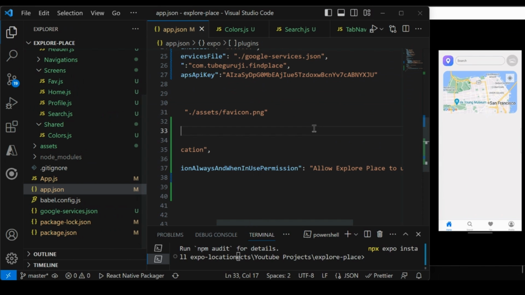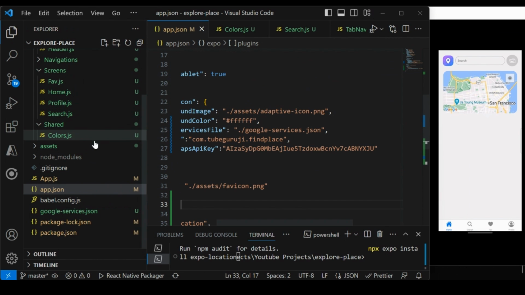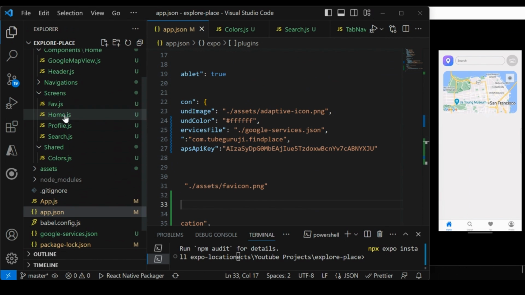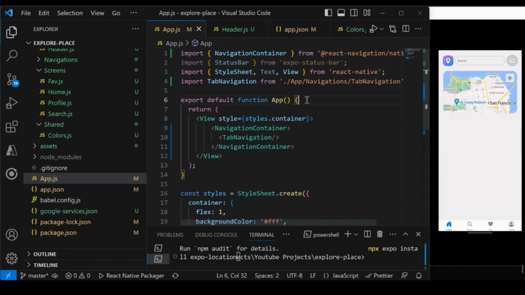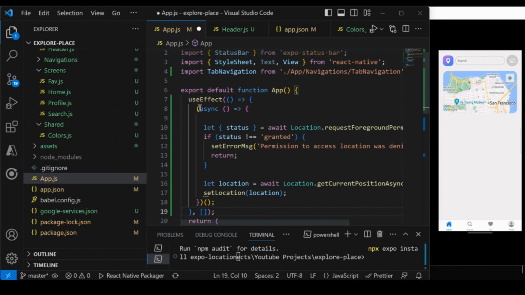Let's go back to the app.js file. Here in the app.js, we will fetch the user's location. Then this user location we will share throughout the application with the help of context. So you don't need to fetch the user location in every page or every component. We will avoid that. So paste the lines of code which we copied